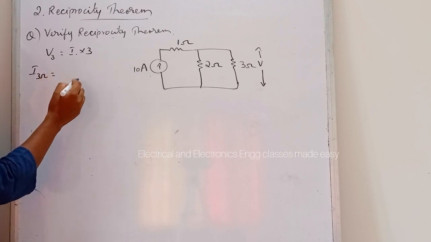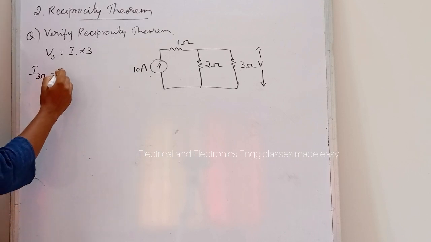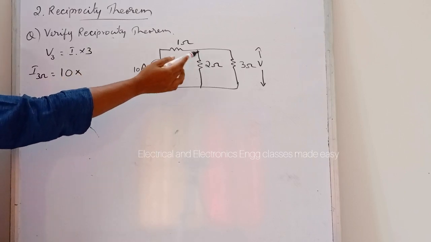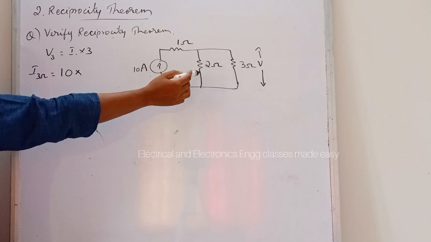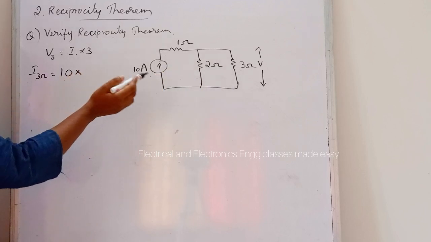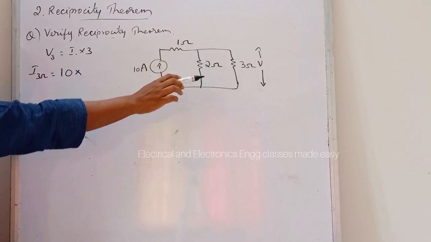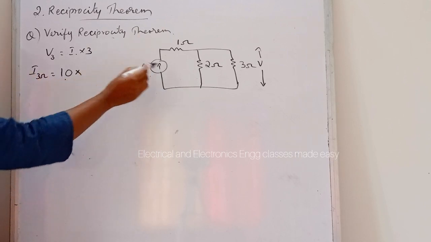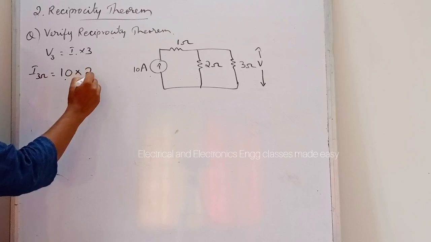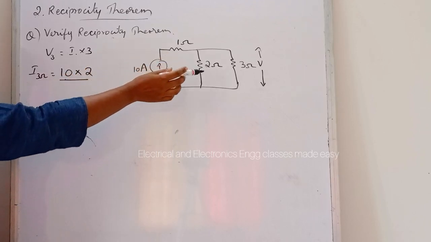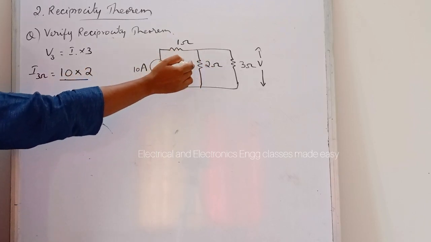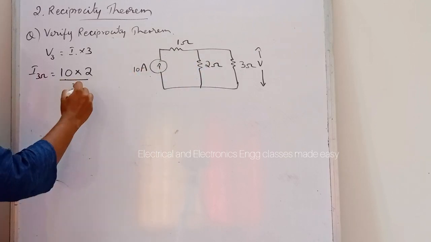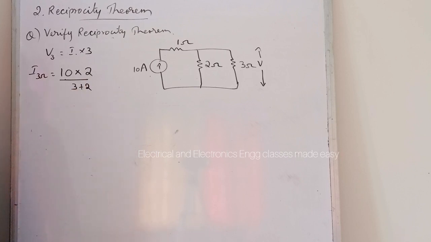So we can find by using the current division rule, that is total current, 10 ampere, into resistance through the other branch. So these two are in parallel. So we can find the current through the 3 ohm resistor using the current division rule, that is total current into resistance through the other branch divided by total resistance. Total resistance here means the parallel resistance. So that is 3 plus 2, that is 5